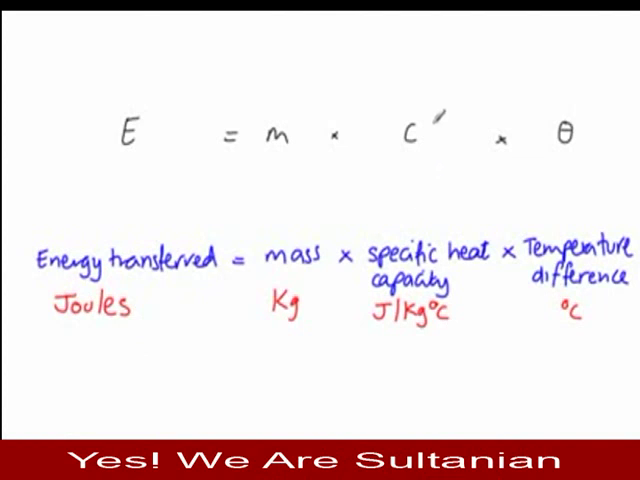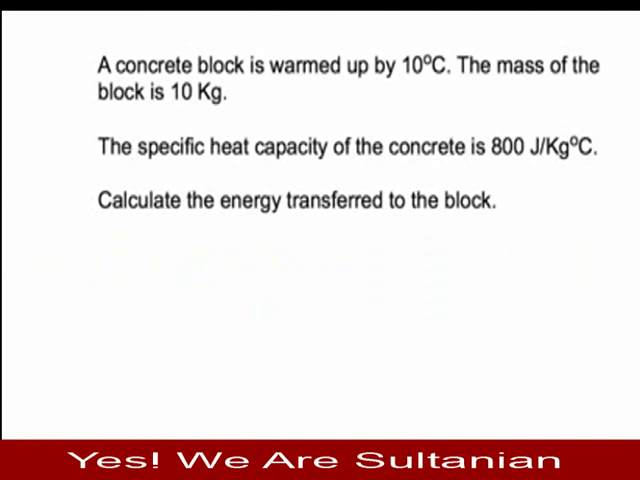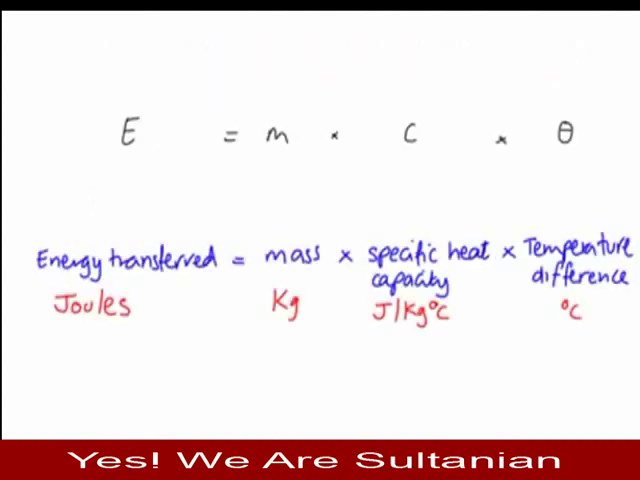So I've just got a couple of examples here for you where you might be able to use the formula. So the first question here is, we've got a concrete block which is warmed up by 10 degrees centigrade. The mass of the block is 10 kg. Specific heat capacity of the concrete is 800 joules per kg degrees Celsius. You've got to calculate the energy transferred to the block. Now, using this formula, which we are given in the exam, E is m times c times theta,